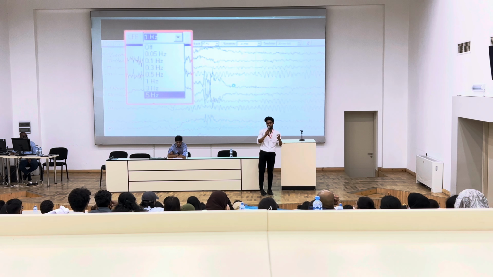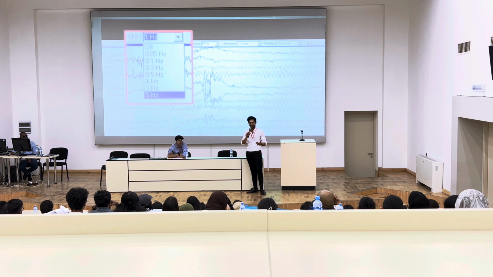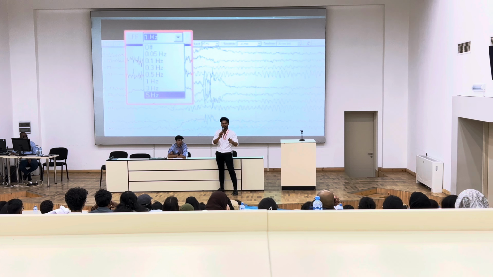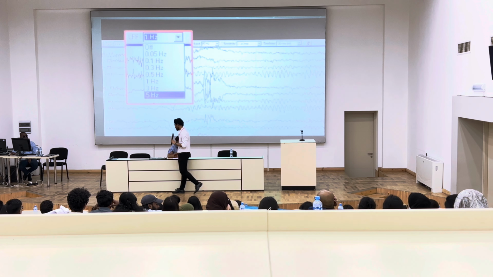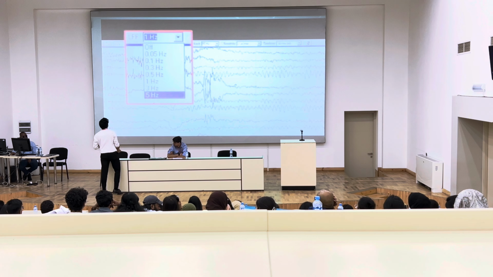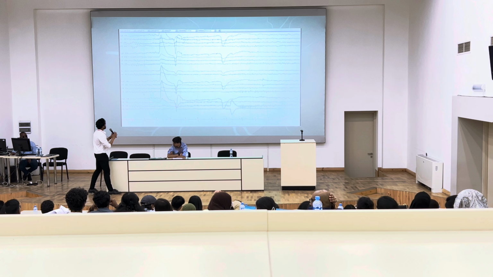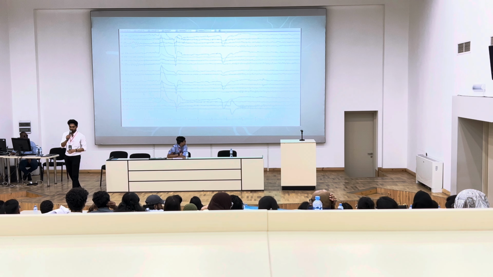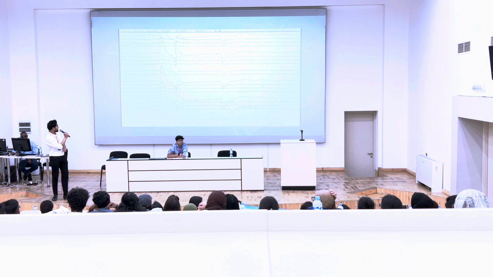And this is also again why we are not taught this in medical school. It's very complex how to change it, and you need years of experience to know how. Like I know what movement he did, so what frequency I need to remove to see the actual wave. Right. So this is our first normal EEG, and it's normal.